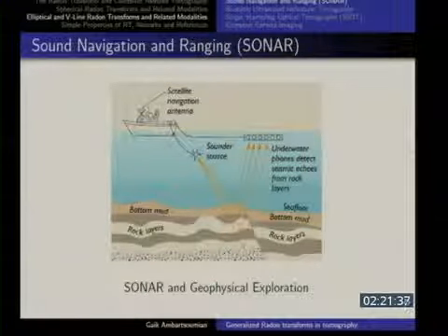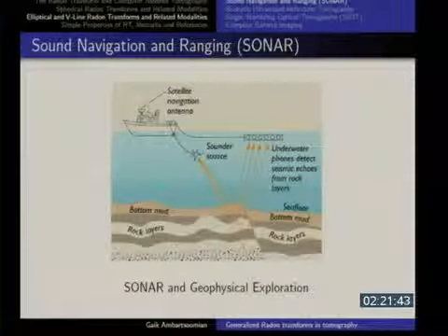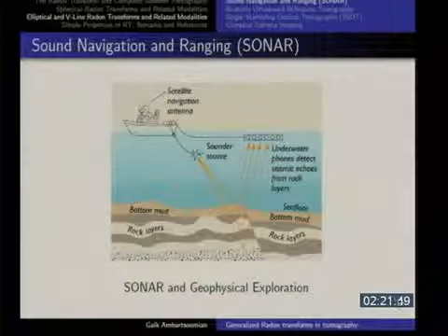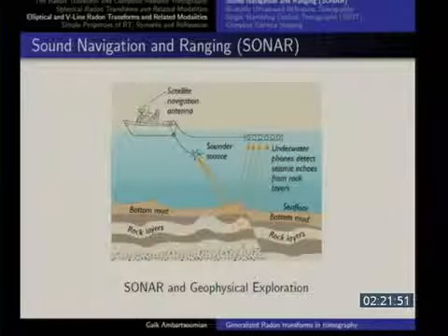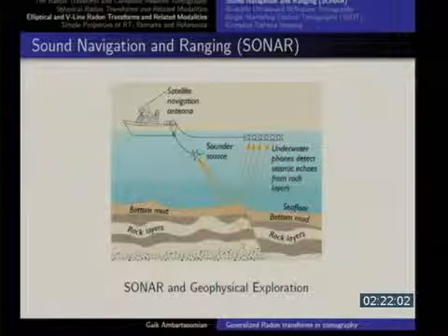This is something slightly different, and it brings another type of Radon transform. This is what people use to find oil at the bottom of the ocean. See, there's a boat that is going on the surface of the ocean, throwing behind it an array of microphones, a transducer, and then they create a small blast. Most of the time they blow up something, create a noise, and that sound propagates.